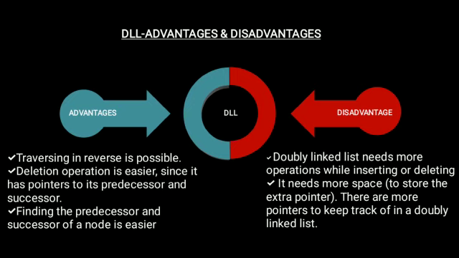Second one, doubly linked list needs more space because it has an extra previous pointer to point to the previous node. So it needs more space than singly linked list. That's all the doubly linked list